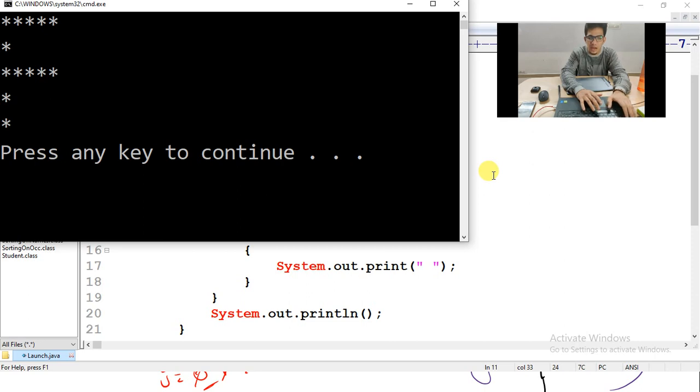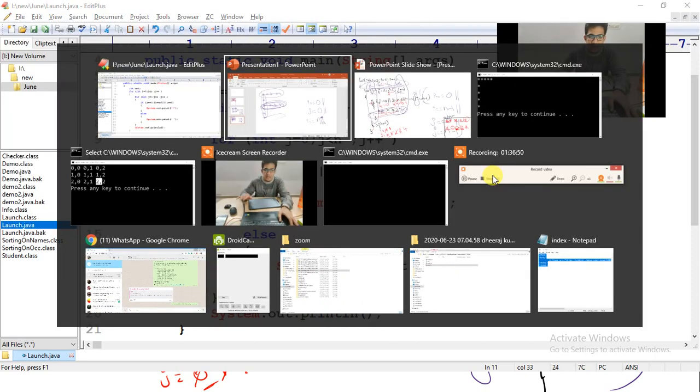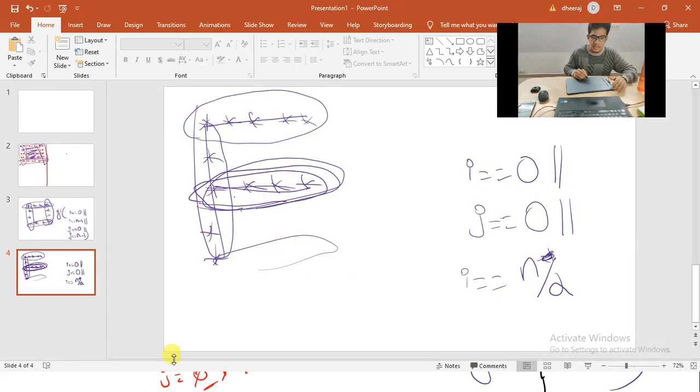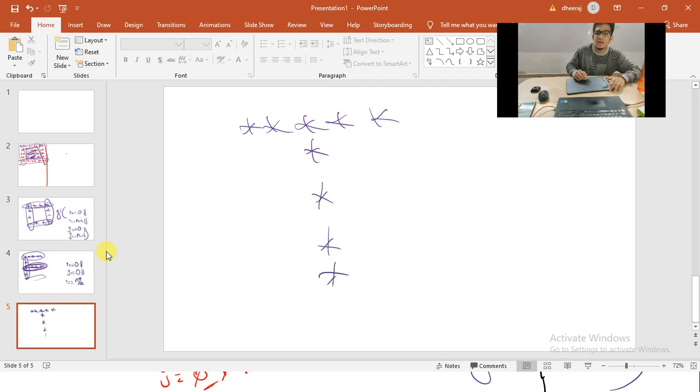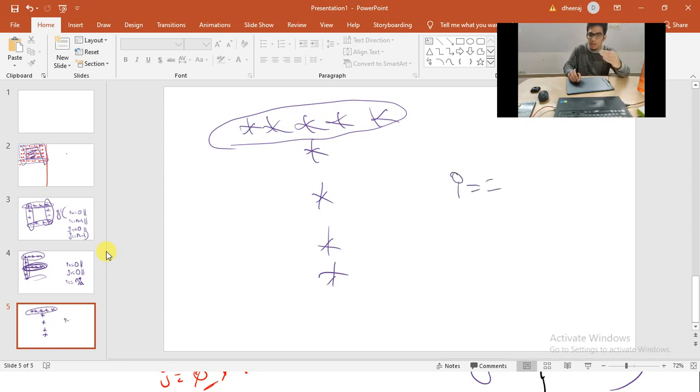So I want the letter T now. How do I do the letter T? Yes, let's see here. I'll do the letter T, which means this star pattern, and here I want this star here. So I want to draw a line here. Is this a row or a column? That is a row. Row means which variable? I. I is equal to, is it the first row or the last row? It is the first row. So I equal to 0, OR operator.